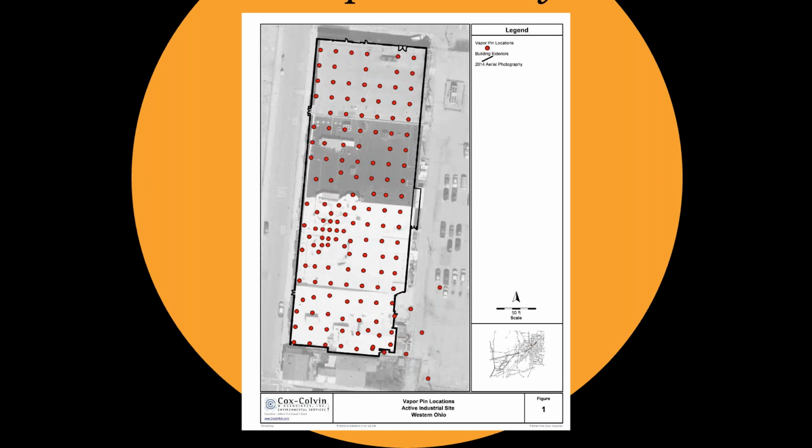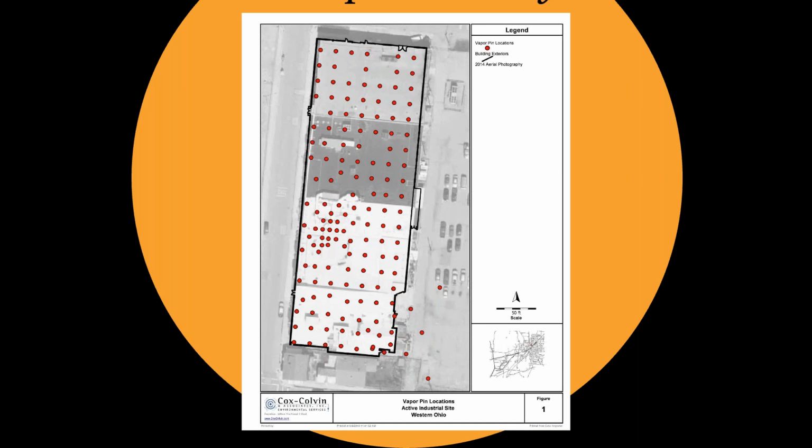So that led us to scratch our heads on figuring out how are we going to collect a bunch of soil gas samples without doing it more than one event. And so that's why we came up with the vapor pen as a way to quickly seal off the hole and then collect vapor so we could figure out where the source was. So here's our grid. It's 156 points. We collected all the data that we needed